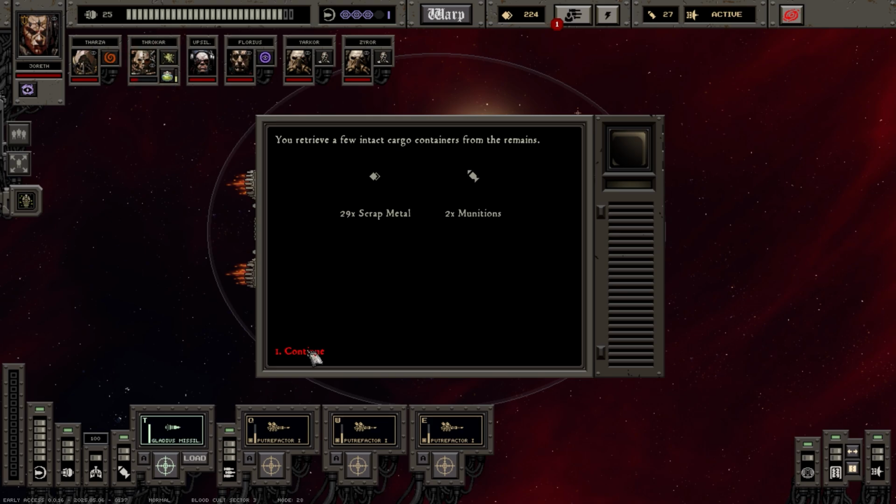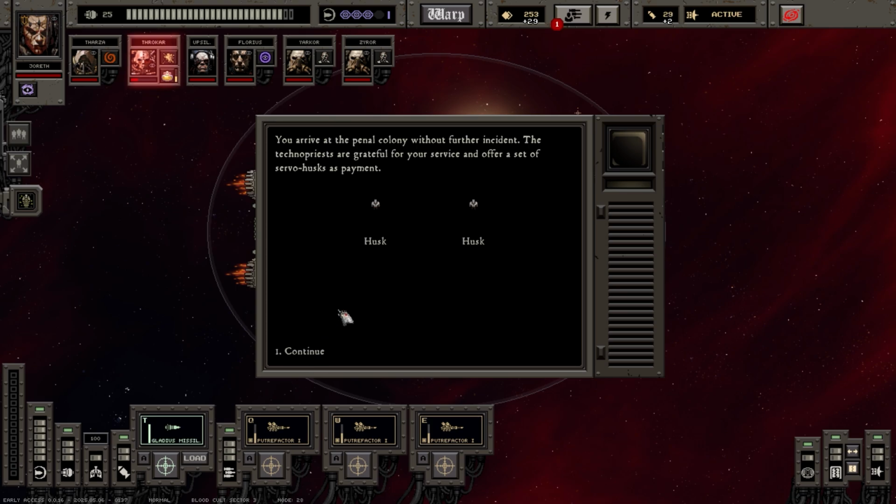Right, retrieve a few intact cargo containers from the remains, scrap metal and munitions. You arrive at the Imperial colony, and the Techno Priest grateful for your service and offer a set of servo